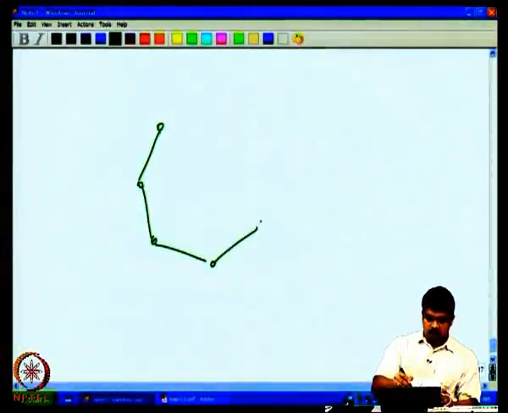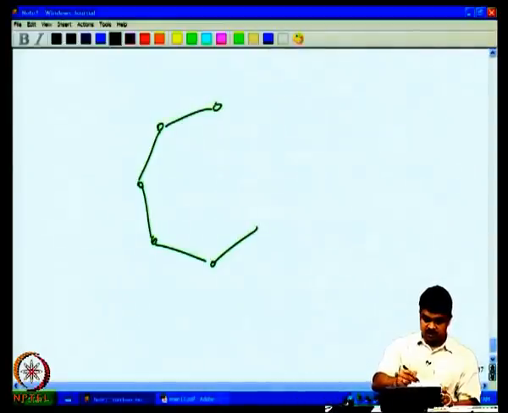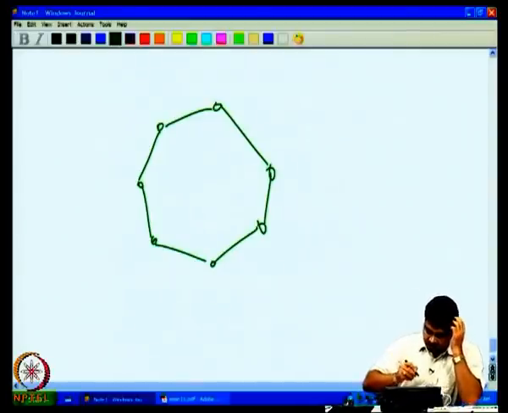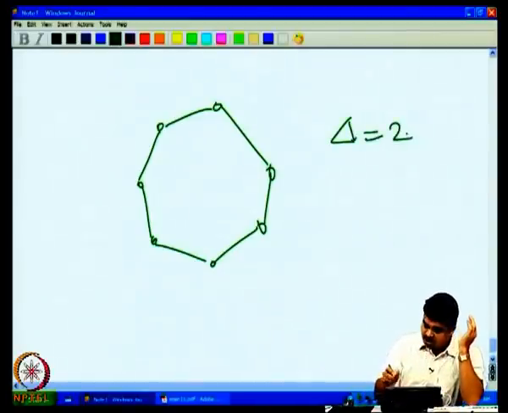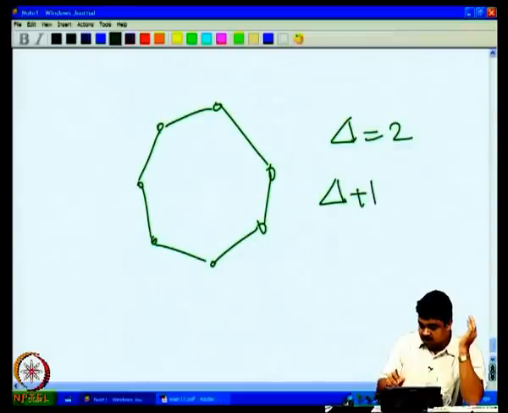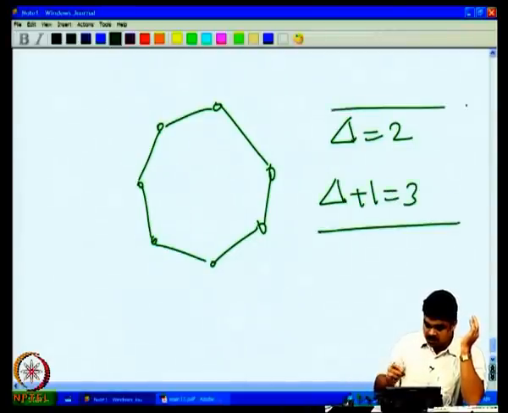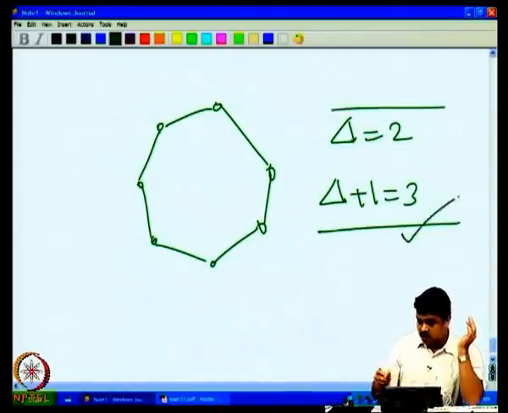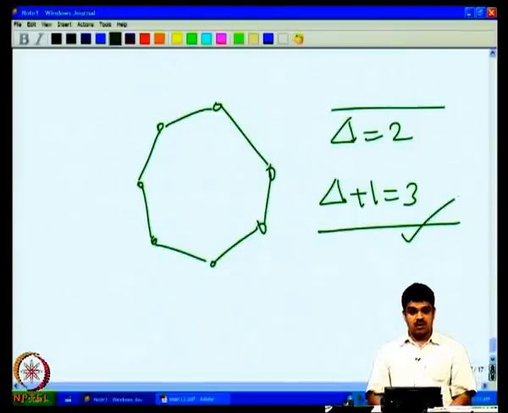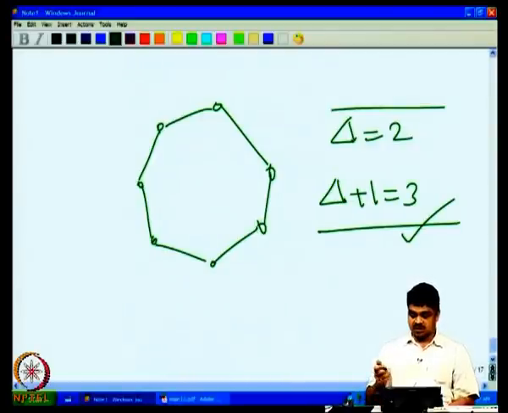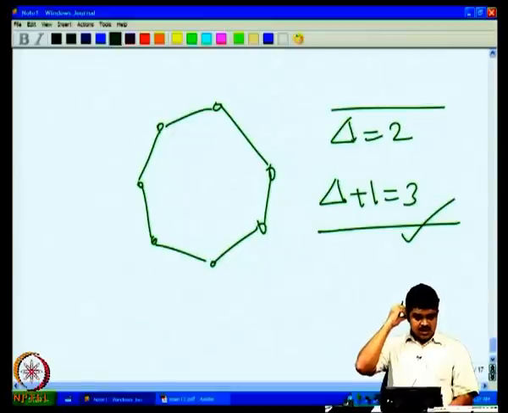So one such example is this. Say an odd cycle, a cycle with an odd number of vertices, say a 3 cycle or a 7 cycle. How many colors are required? Delta equal to 2 here, the maximum degree is 2. The number of colors required is delta plus 1 equal to 3. So this is also one such situation where delta plus 1 colors are required. So the odd cycle and complete graphs are some examples where we will need delta plus 1 colors, but then